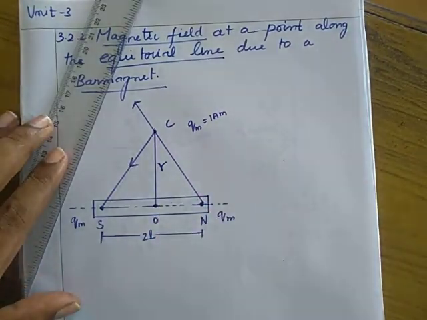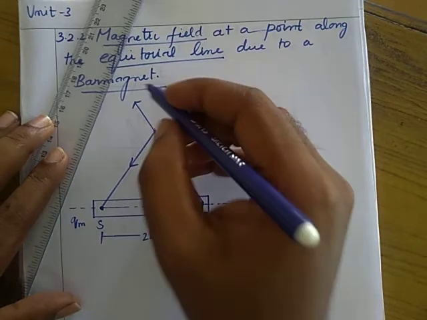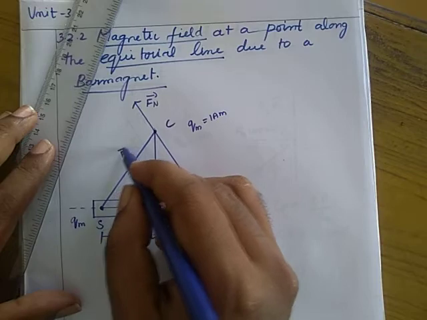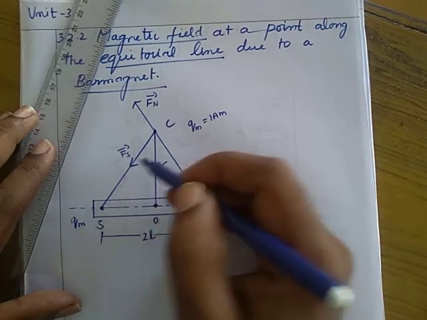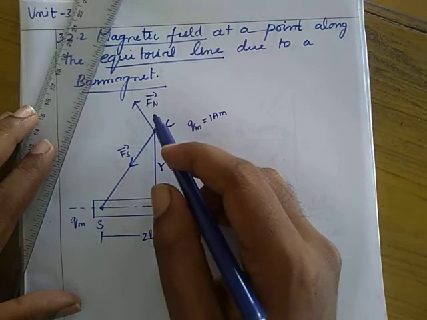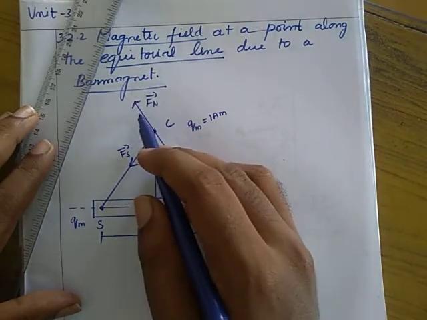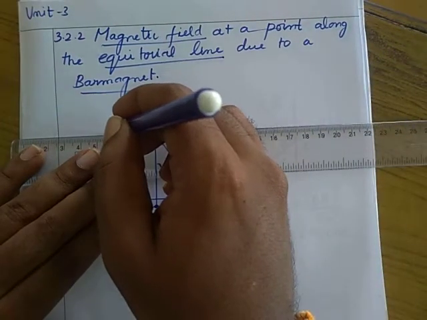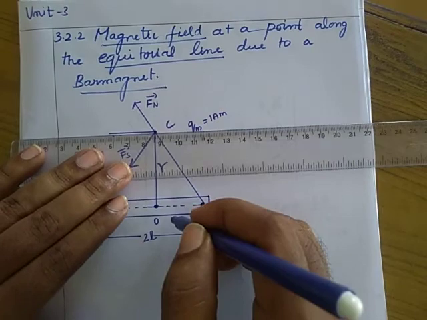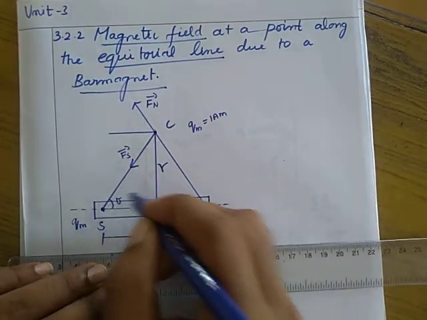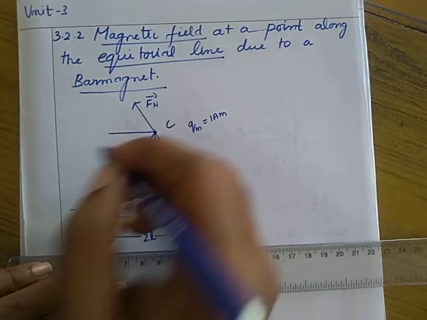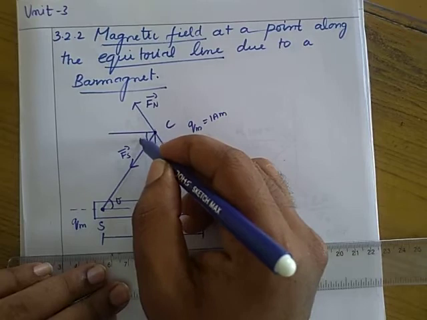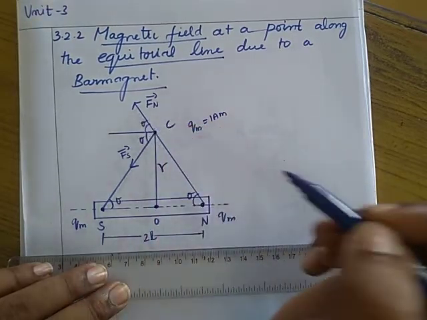This force can be written as Fn vector. Here it is Fs vector. Here Fn and Fs are in the xy plane, so they can be split up into horizontal and vertical components. Here I draw a line that is parallel to the magnet. Then this is theta. This is also theta, because we know the angles between parallel lines are the same. Then this is also theta.